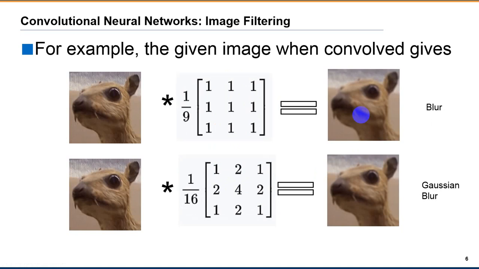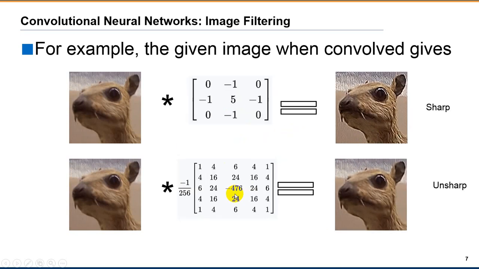Like in Photoshop, you apply many types of filters to obtain specific sharpening and contrast of the image. The idea is that these filters are visually learned by us, but in deep learning,